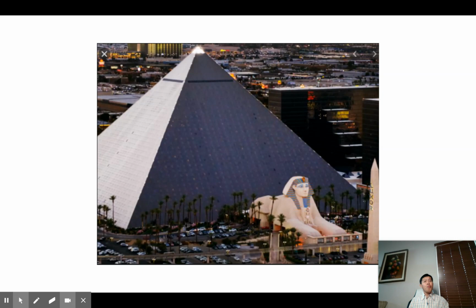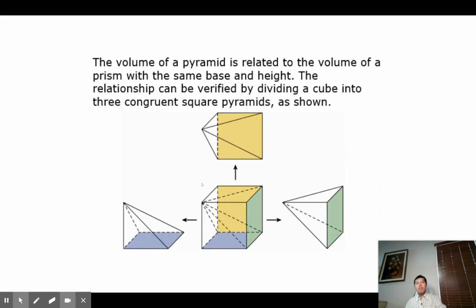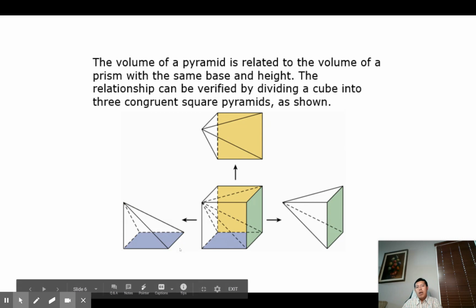So if we wanted to measure the capacity of this building, of this pyramid, we need to find the volume of the pyramids. But first, let's understand the volume of pyramids. The volume of a pyramid is related to the volume of a prism with the same base and height. The relationship can be verified by dividing a cube into three congruent square pyramids, as shown on the diagram below. Now, let's focus on the diagram